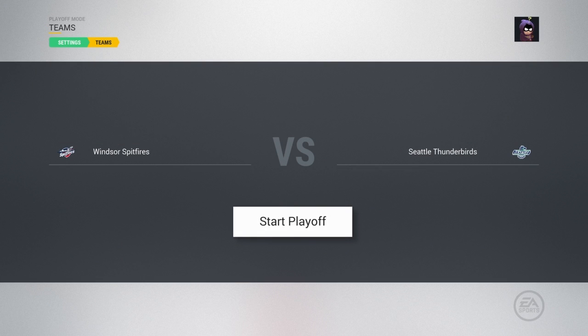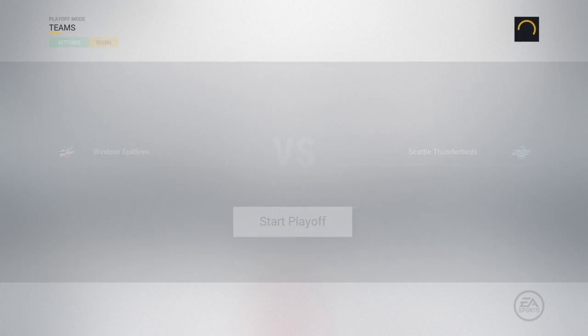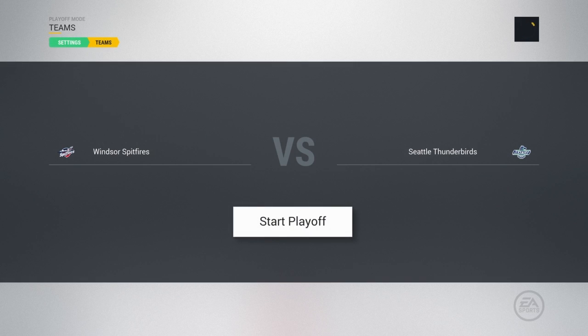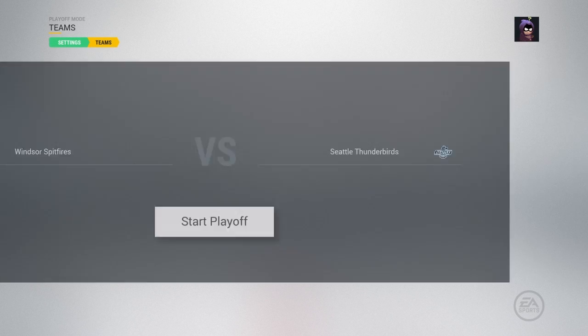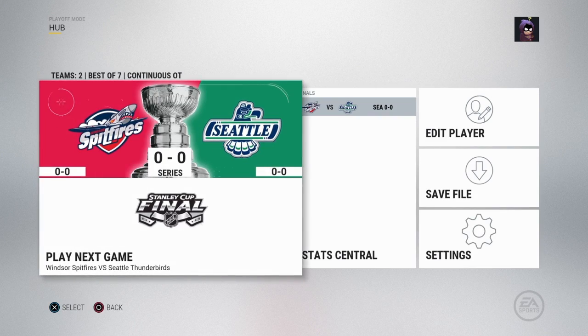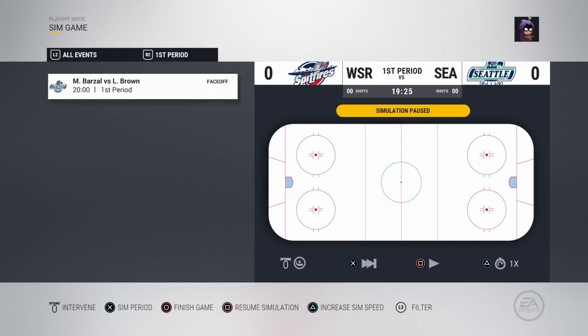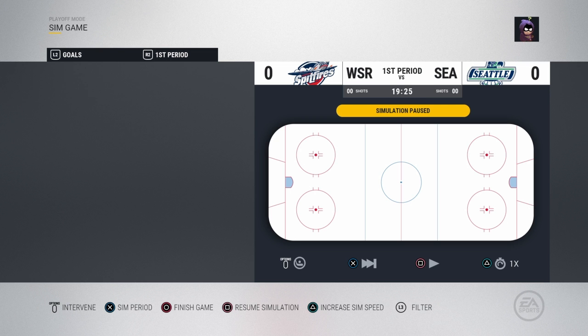Alright, so here we go in the quarterfinal. Spitfires versus the Thunderbirds. This is a big game. Obviously, the winner is going to go on to play Erie, and then the winner of that game will play St. John's, and the winner of that is the Memorial Cup champion. It is round robin, obviously. That's why the format is the way it is. But it's still pretty cool. I really like this. And we're going to go slow for this one. We'll do it quick for the first 2, and then we'll slow the third period.